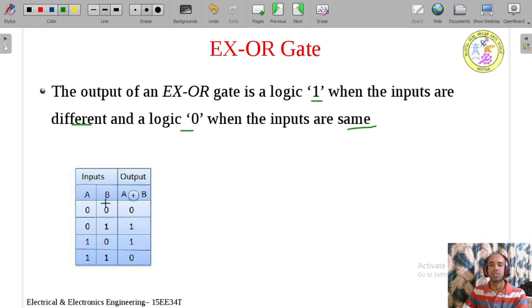What does same mean? We observe this truth table, XOR symbol, a XOR with b, or I can write y is equal to a XOR with b, or you can simply write only y. Instead of writing these things, you simply write y. Y is the output. Now, 0 0 is there, that is both are the same, the symbols are identical, then the output is 0.